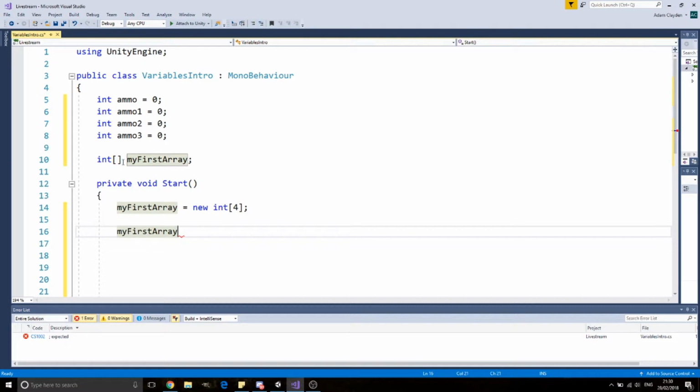So if you noticed before, when we created the array, we used these square brackets to mean it's going to be a storage container of something. And then when we made new storage locations, we used the square brackets again. So that is the notation we use with arrays. If we want to access the very first element of an array, you would use the square brackets and inside put